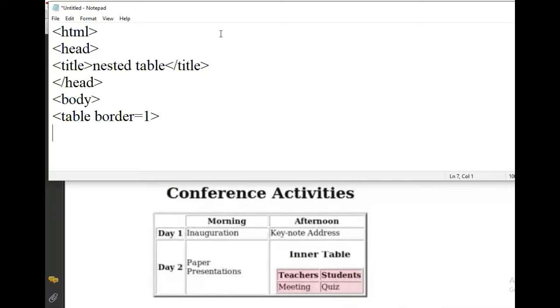Okay, now we are going to give border because then only we will come to know in which row which content is there in which column.